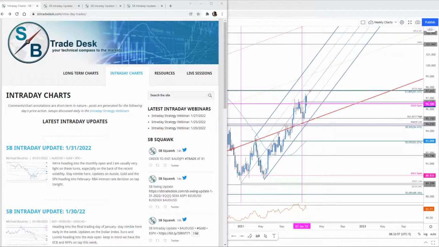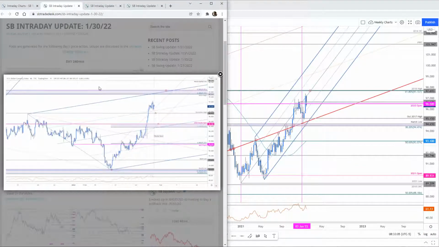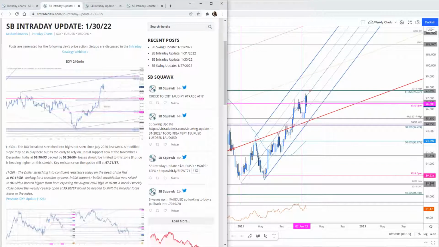Let's jump right in. I want to start off with Sunday's update because this is what the dollar index looked like at the open of the week. Now, if you guys recall, at the open of the week, we noted that things seemed to be a little stretched and that we were looking for a pullback right into the open. That was on account of where we are in trend, where we are in momentum, and where we are in the start of the month. So the focus was to look for a pullback, and we noted that losses should be limited to 96.36, 96.50. If this is gonna hold, we're there right now, all right?